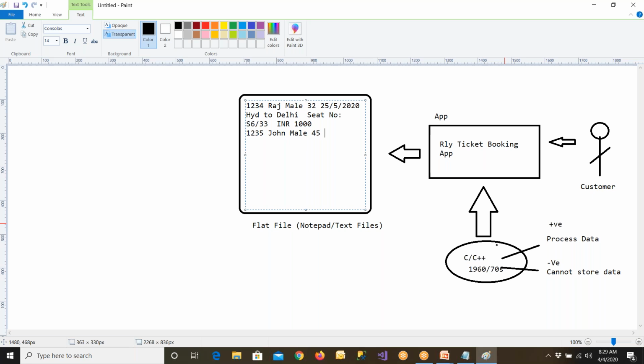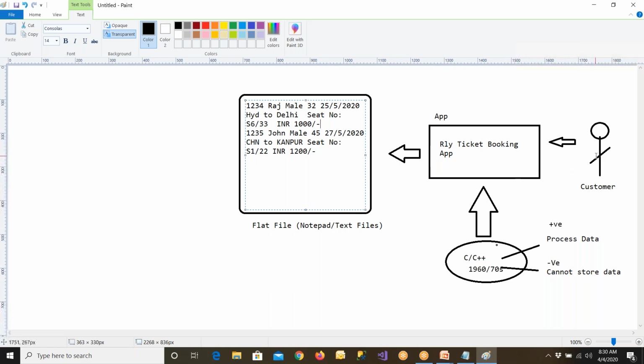He wanted to travel, let us say, on 27th of May 2020, and he wanted to go from this city to some other city, let us say Kanpur. Seat number is given, so let us say S1/22, and he paid some amount of $1,200. So like that, the data is being stored, and there is no issue at all, and people are happy about the implementation of the application.